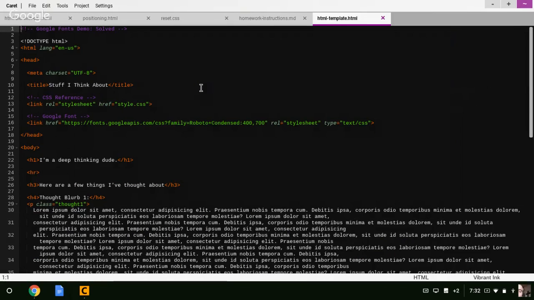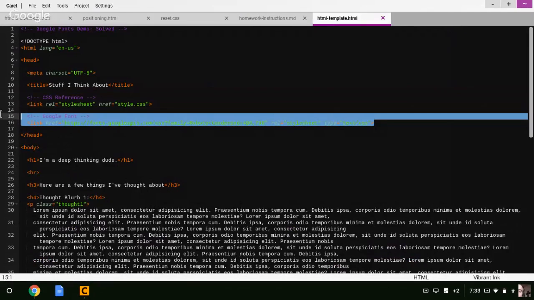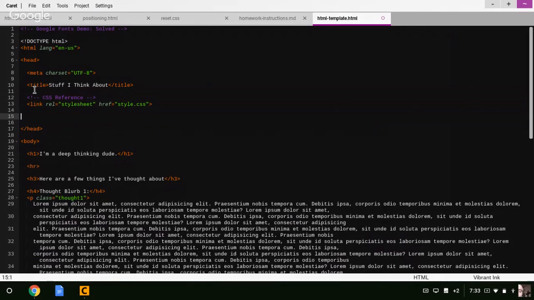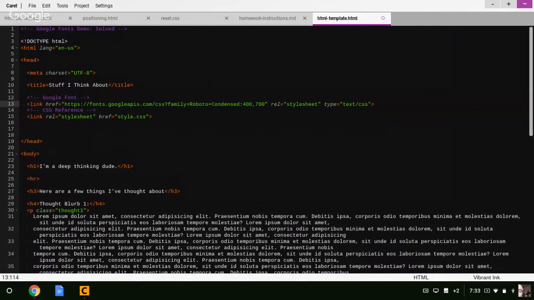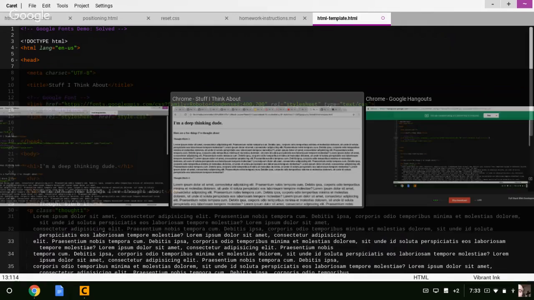So this is what most of your CSS should have looked like. I prefer putting the Google Fonts link on top. Somebody asked about that, but I guess it doesn't matter since in this demo they have it on the bottom. The reason I like to have it on top is that way the font loads first and you know your font will already have loaded when you request it in your CSS. So if we go and open this in a browser,